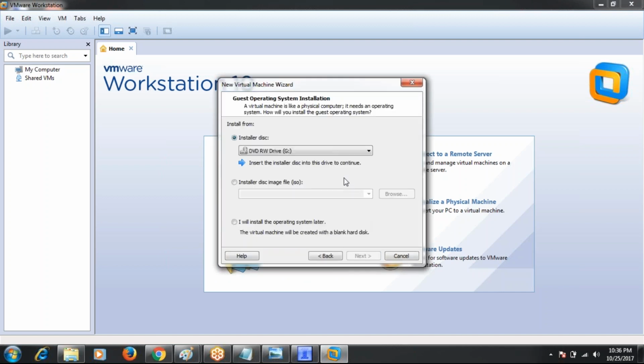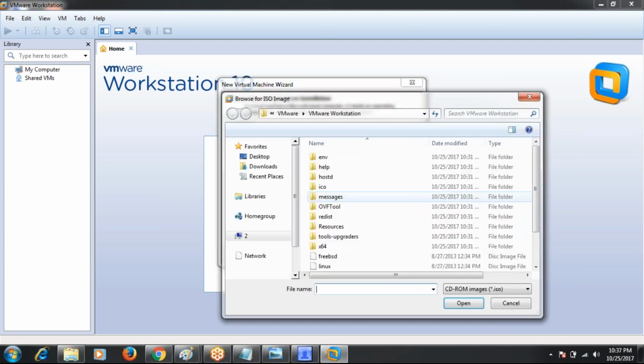Next. We are going to use the install from disk image file option. I already have that file. We are going to install CentOS, and I already downloaded the CentOS image. Click on browse and choose that file.